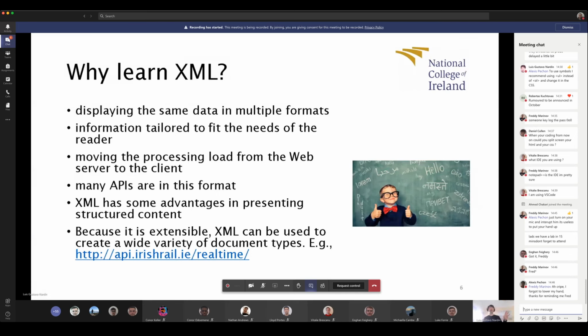So you have the Irish Rail website or web application, and you have your own application. And when you want to know about the timetable of trains, you just make your web application request information through an API to this other web application. This information needs to come structured in a certain way so you can interpret it. And the way it is done is using XML. If you go to our Moodle page, you will see that there is a timetable shown there, but that timetable